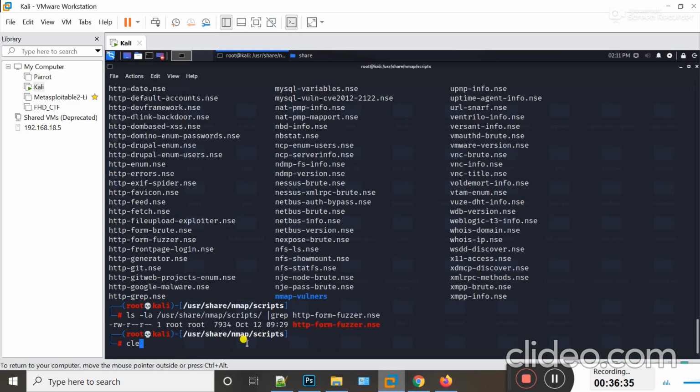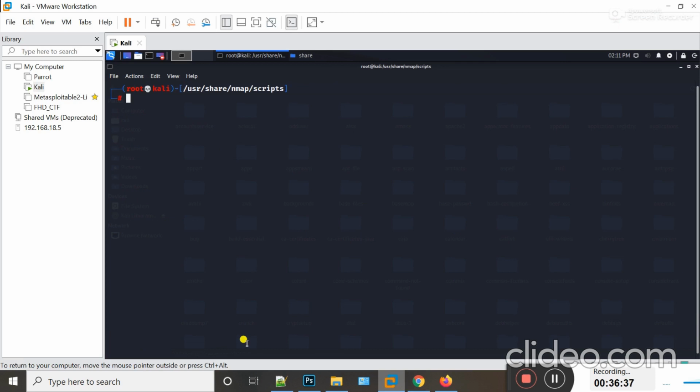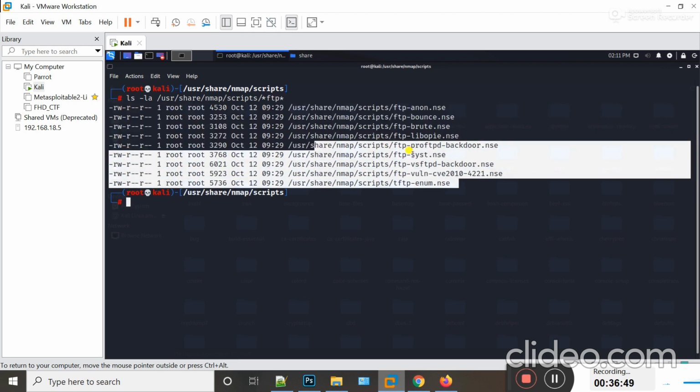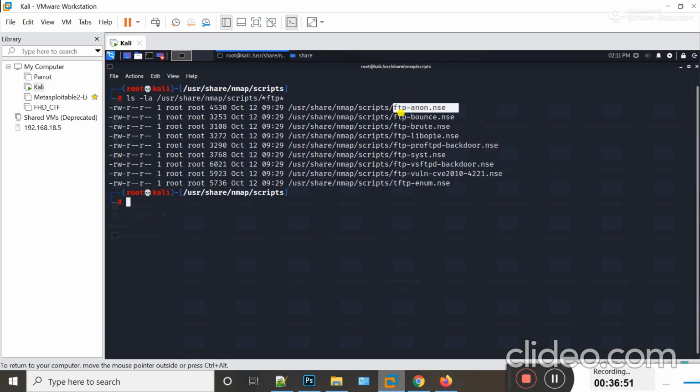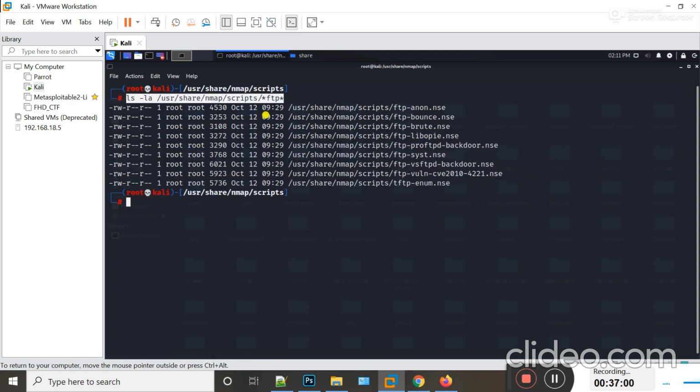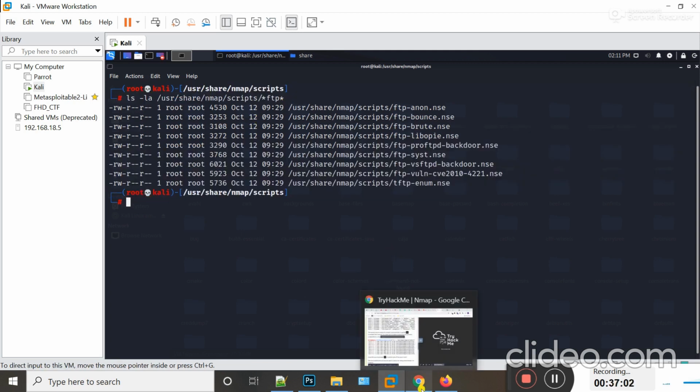If I type here my previous command and then type ftp, and hit enter, this command will show all the scripts related to FTP: ftp-anon, ftp-bounce, ftp-brute, and the rest of the scripts are present here. You can also use this command in order to search any specific script.